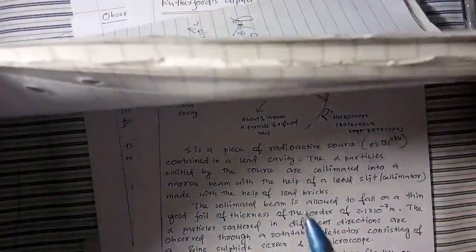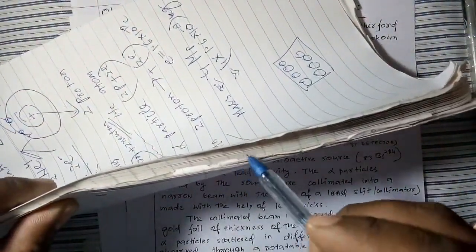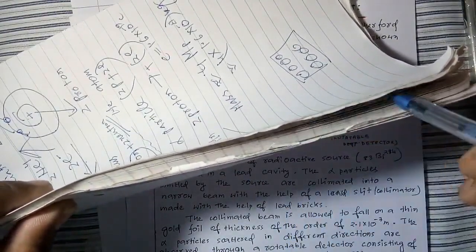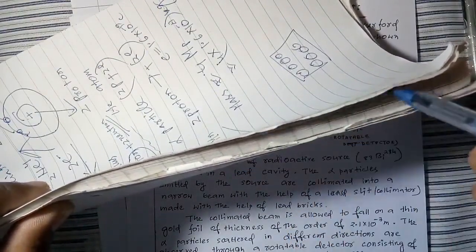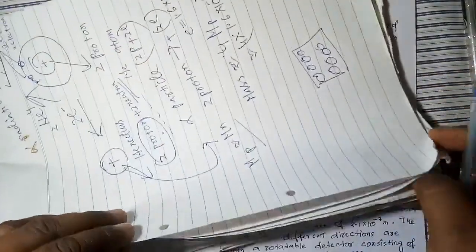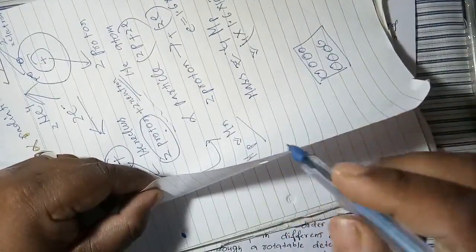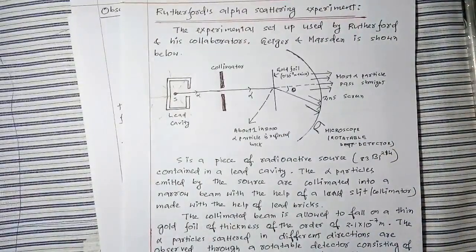Let me show you. Suppose this is a gold foil, right? So in the gold foil, what could we have? We could have one layer of gold atoms, the next layer of gold atoms, again the next layer. If the thickness is more, then we can have a first layer, second layer, third layer of atoms. But if the thickness is very small, then obviously we have only one layer of gold atoms. The second and third layers will not be present there.